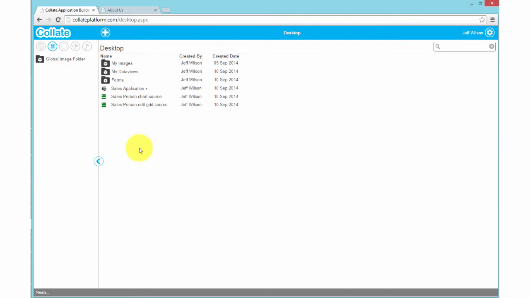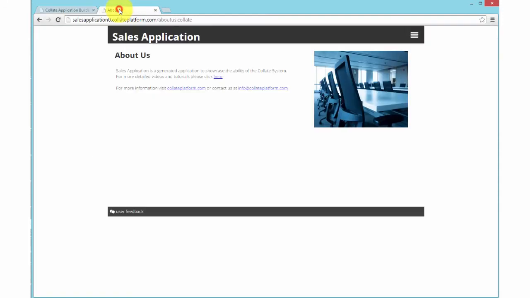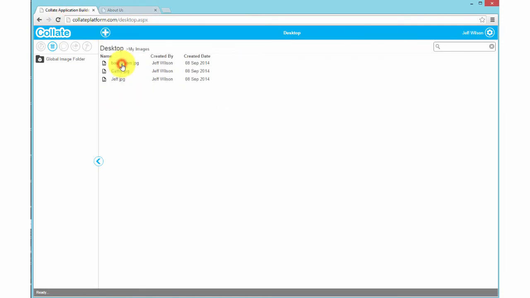Collate also does file versioning. This is especially helpful on image files. Let us show that in action. Remember we had an About Us page generated for us and we modified the layout. Notice we have a boardroom image. If we go back to the folder where we have this image,